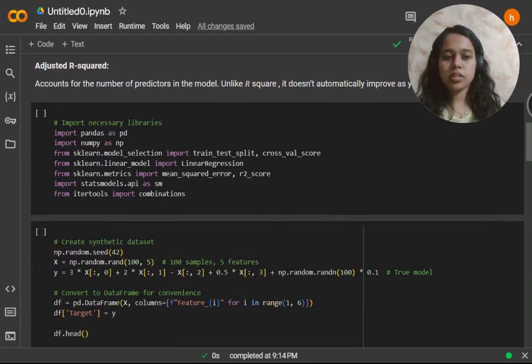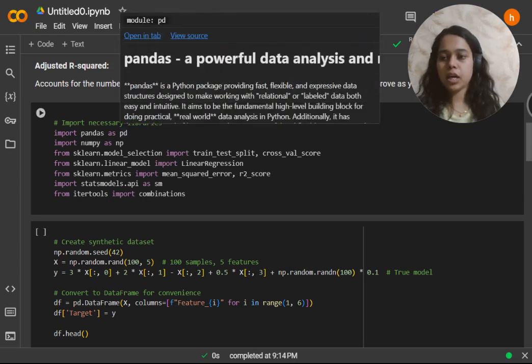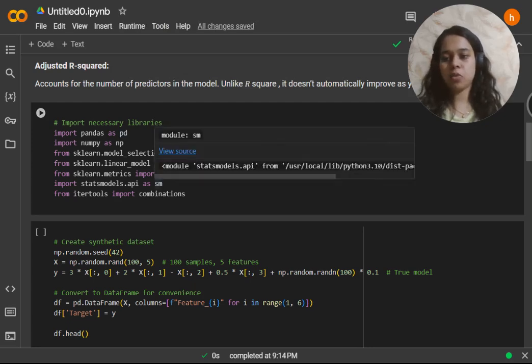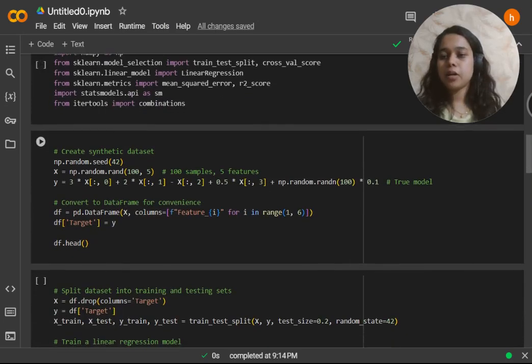Now, let's see how to calculate these metrics in Python. So here we have imported our necessary libraries, that is pandas, numpy, sklearn, itertools and the statsmodels API. Now we have created the synthetic data, with 100 samples and 5 features, and y stands for the true model we are going to create.